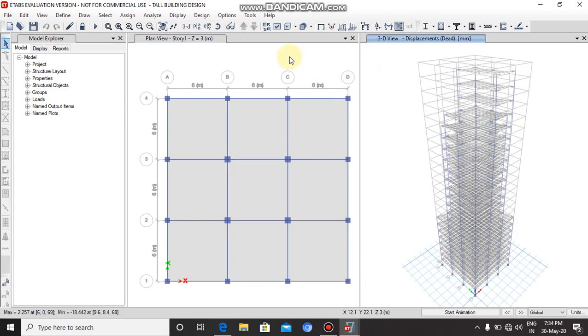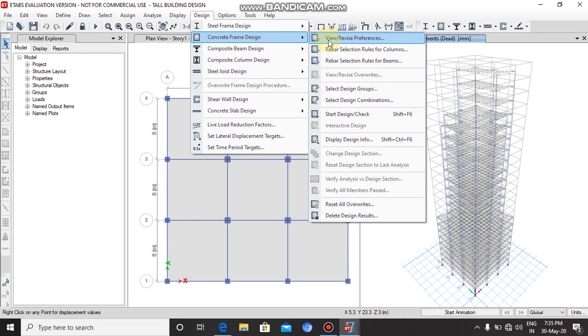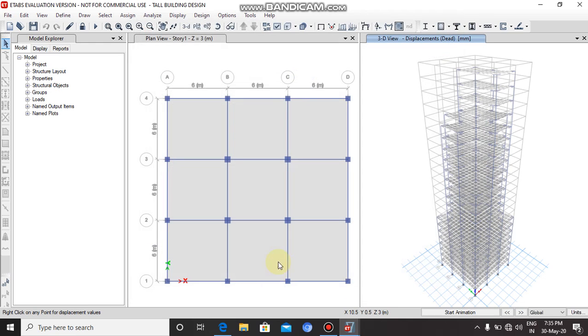Okay? Now you run the structural design of the building model. Click on Design, Concrete Frame Design, View/Revise Preferences. We have to make sure the design code is IS 456, then click on OK.